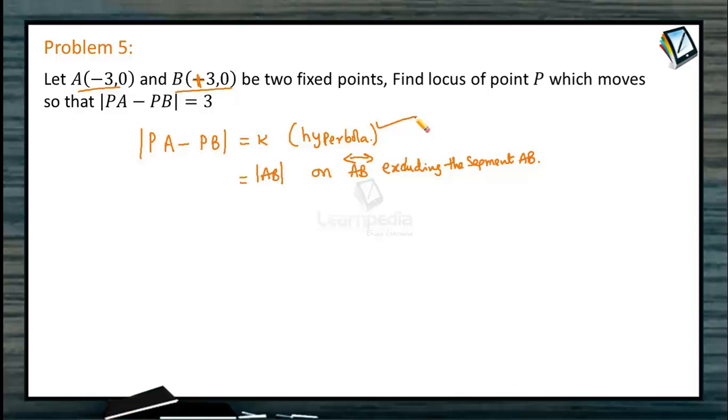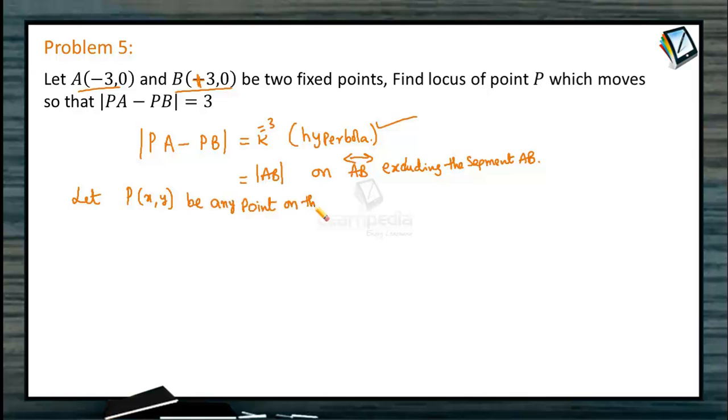Therefore, we are referring to the case of hyperbola. So let's try to simplify this. We have the fixed points A as (-3, 0), B as (3, 0), and we need to find the locus of P which moves so that PA minus PB, this K here, is 3. So let P(x, y) be any